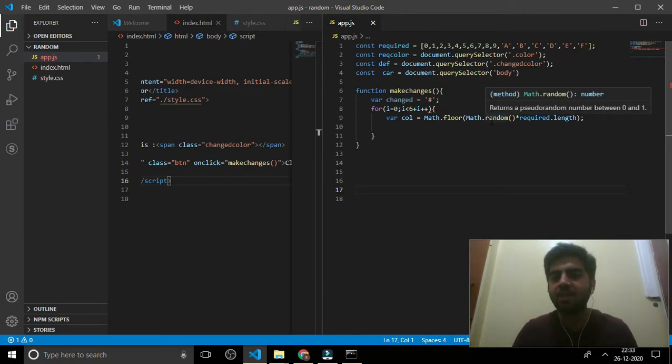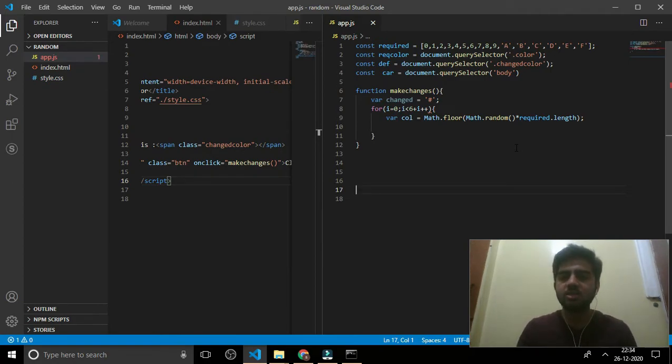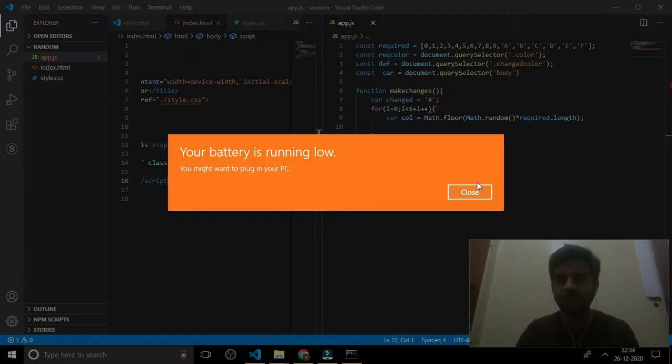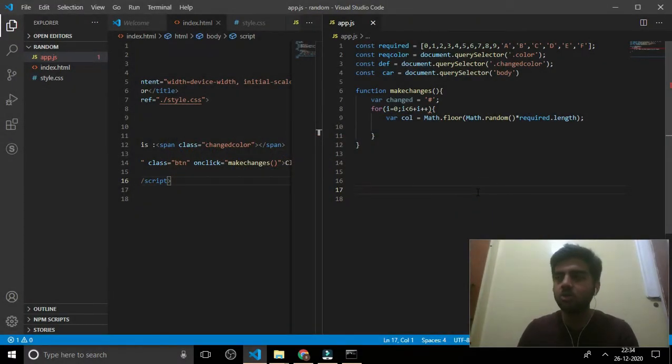Now math.random will pick any number from 0 to 15. Say it will pick a number 14.3. So 14.3 doesn't represent anything. So what we do is we pass that data to math.floor, so that 14.3 is now made into 14. This is where math.floor comes into help for us.